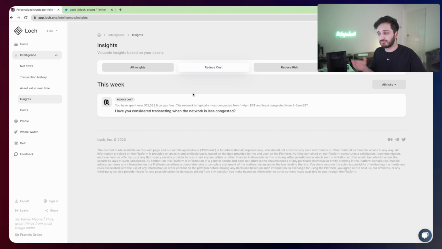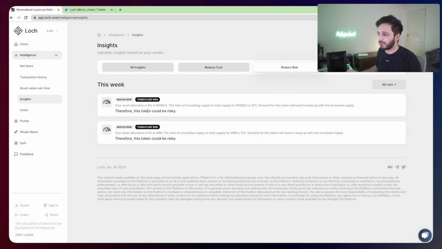This is really nice because you can see if you're transacting at a certain time period, perhaps when the network is more congested. It will give you advice on when the network is less congested, and that can be beneficial in saving some gas fees. As well as that, we've also got reducing the risk,